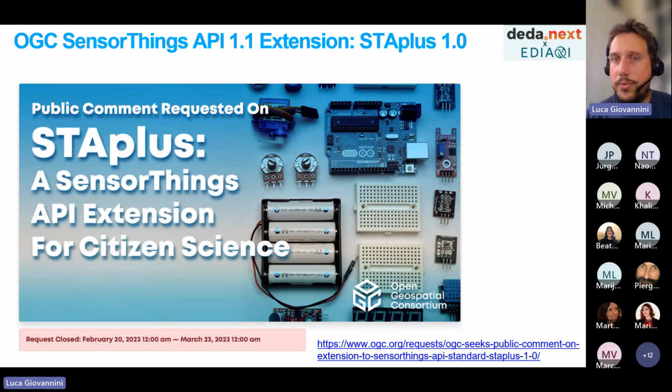This is actually a useful feature, being able to group sensors, things and data streams into different groups, because